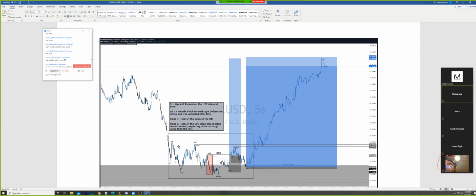At this point, you're valid to either trade the overall mentfx block, which is from the AR to the spring, and have stops below here. You're also valid to trade the last mentfx block, which is this mitigation right here. If you put a box around here, that's valid. You can see the entry at the open, so you had a little bit of drawdown before it took off, right? There's multiple ways to funnel yourself into this.